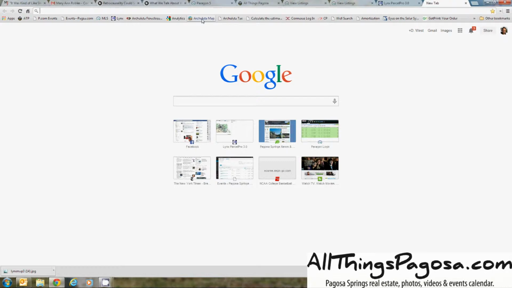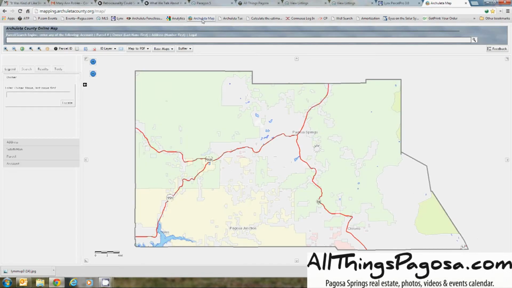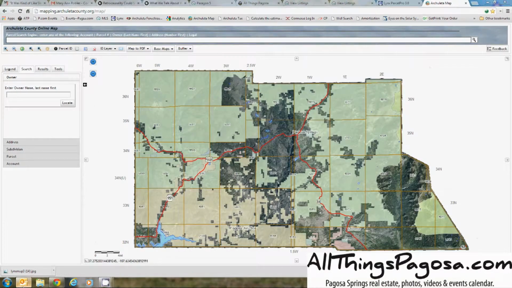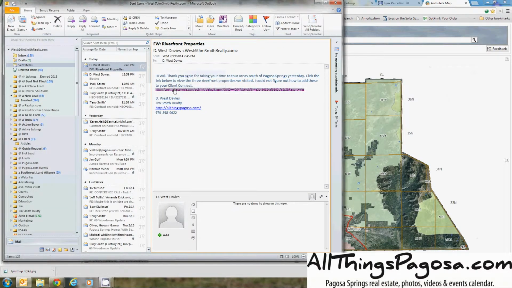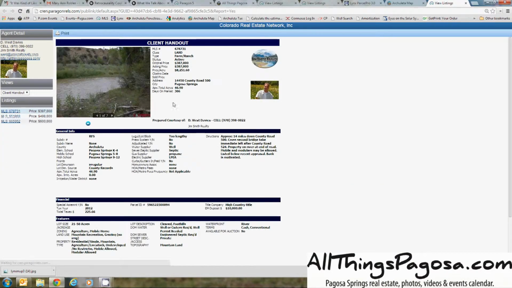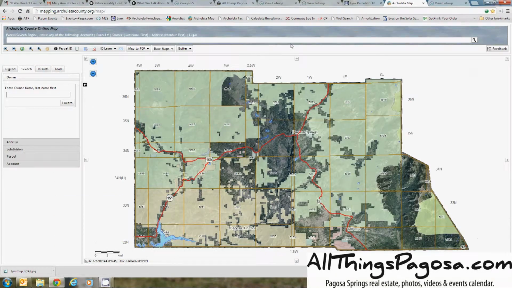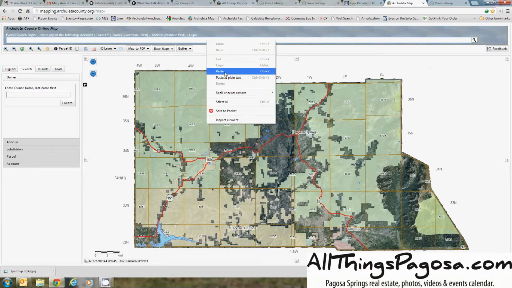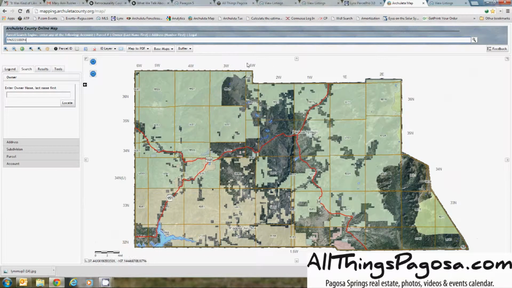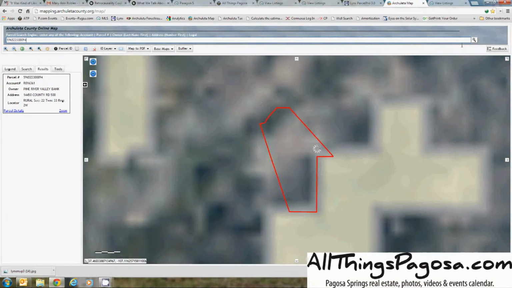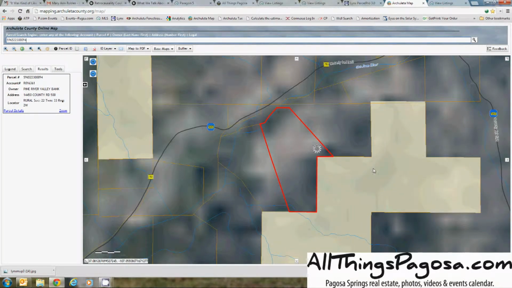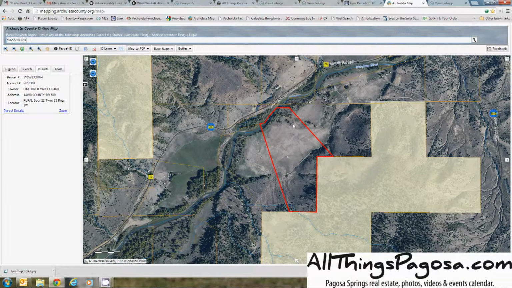This is what I call on my icon here, the Archuleta County Map mapping system. Again, you got the email, you clicked on the email, you saw right here I have the parcel ID, and you'll go ahead and copy that, put this right up into here, and hit enter or search. That takes us to an aerial view of the property